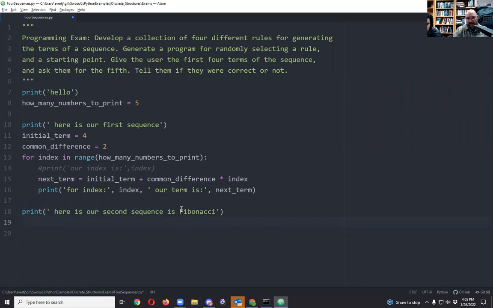We're going to say two terms back equals 0. And then we'll do, now I'm going to do